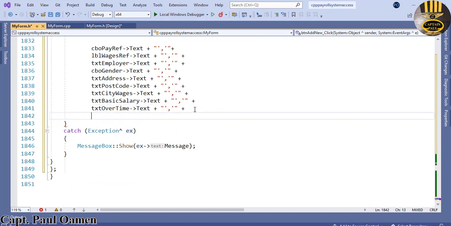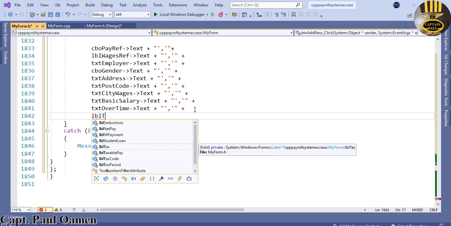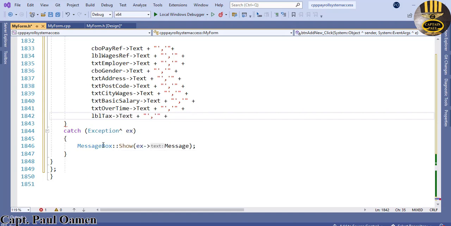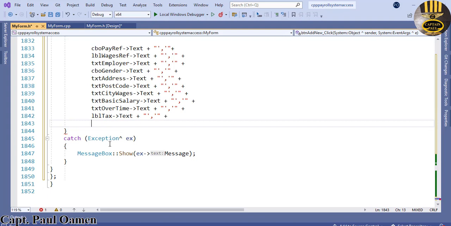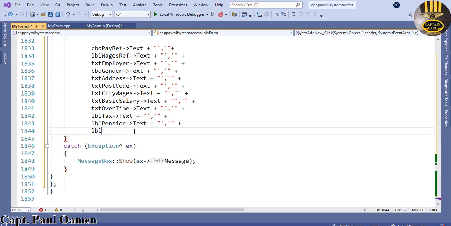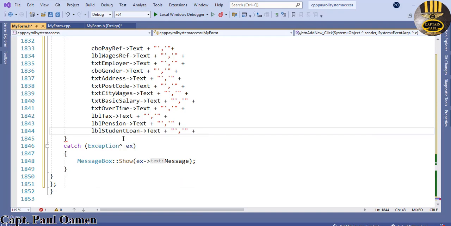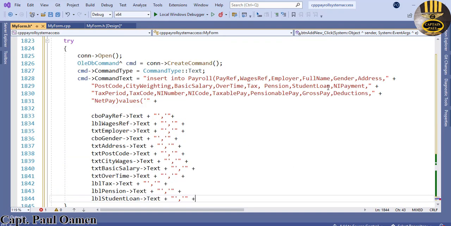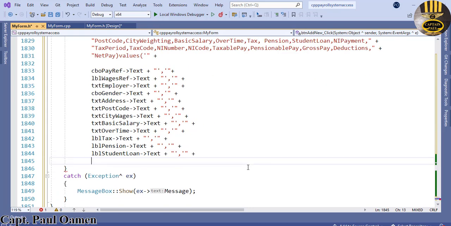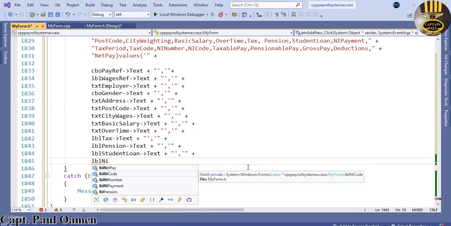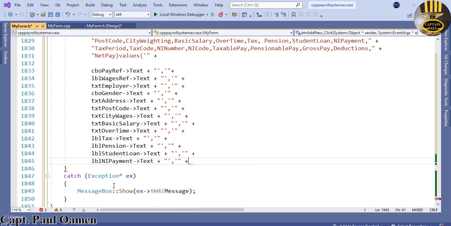We now need LBL tax, paste. LBL pension, paste. LBL student loan, paste. And what else? We have LBL net pay, paste. And we have LBL tax period,